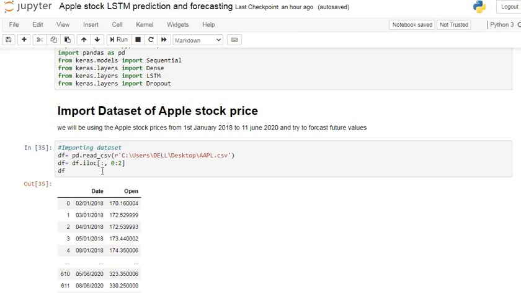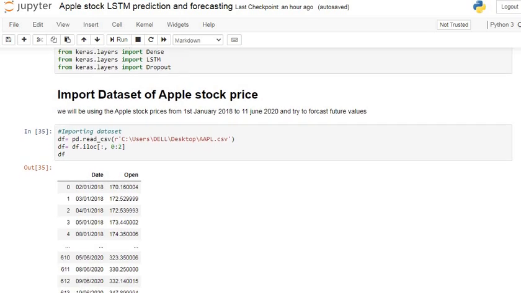Here we use the whole data set, that is the data from 1st January of 2018 to 11th June of 2020, and try to forecast the future values, that is the 12th June, 13th June stock prices, and so on. So this is our data.